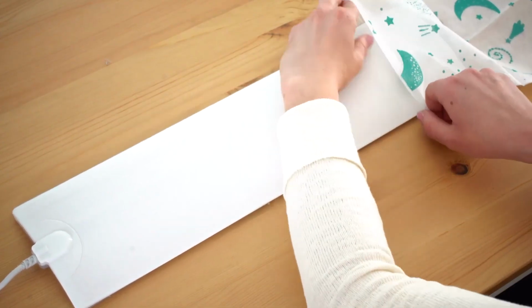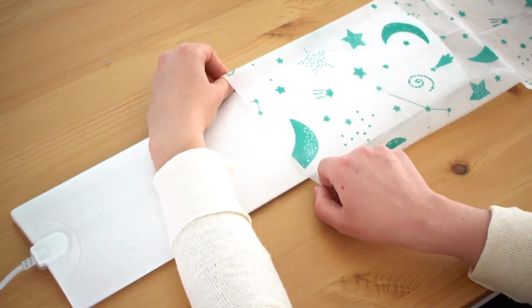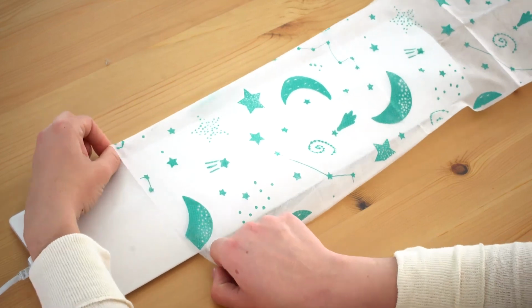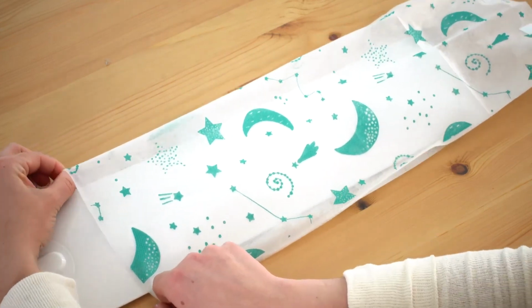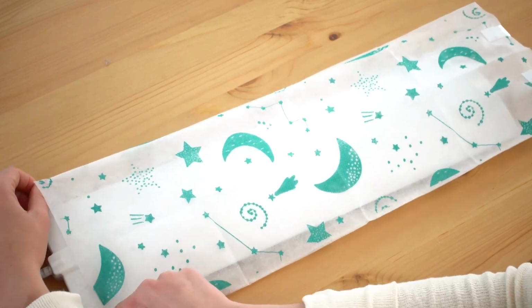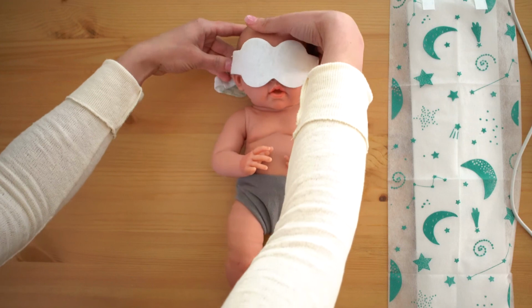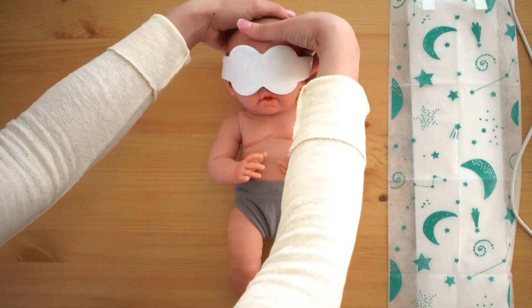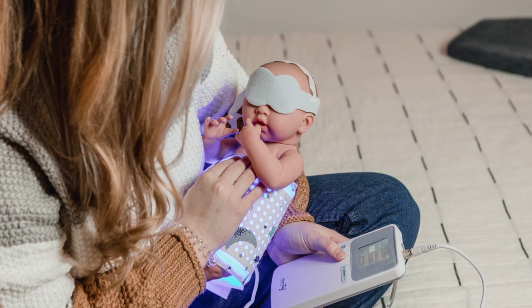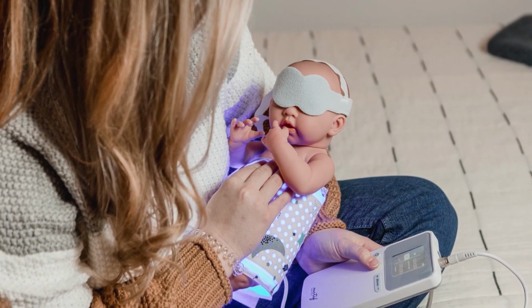Gently slide the disposable cover onto the light pad. The end of the cover that does not contain the Velcro straps and the LED side of the light pad should be touching. Please note, color and patterns of the disposable cover may vary. Next, place the eye protection on the patient's eyes. Once the BiliTouch is properly assembled and the eye protection is on the patient's eyes, you are ready to use